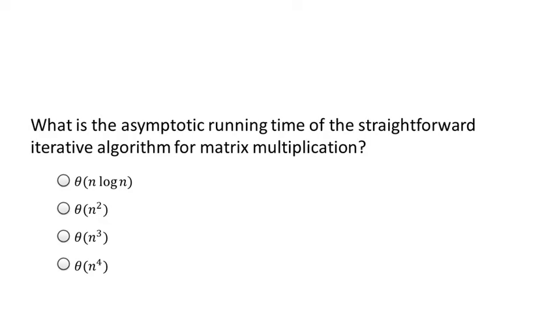So the correct response to this quiz is the third answer, that the running time of the straightforward iterative algorithm runs in cubic time relative to the matrix dimension n. To see this, just recall the definition of matrix multiplication. The definition tells us that each entry z_ij of the output matrix Z is defined as the sum from k equals 1 to n of x_ik times y_kj. That is the dot product of the ith row of the X matrix and the jth column of the Y